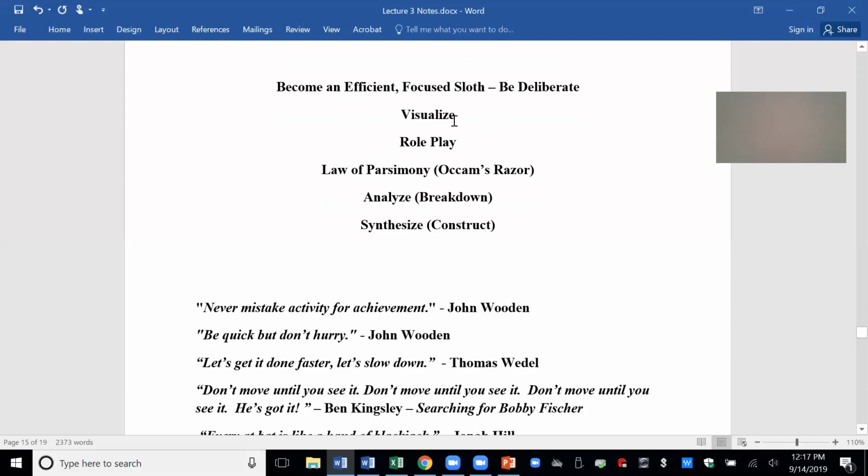Next, and very, very important, is to visualize, to see something. We are blessed with this gift of being able to visualize stuff. You can visualize it in your mind's eye, or you can take a piece of paper and physically draw an image of the problem you have. I visualize all my decision problems, and I take out a piece of paper and I put everything that I know about it on the piece of paper, and I can see it. This makes things absurdly simple when you do that.